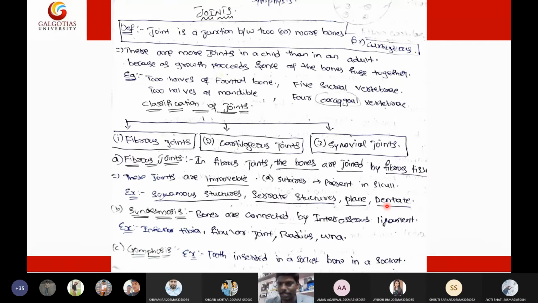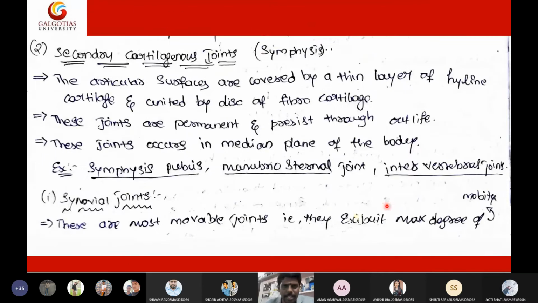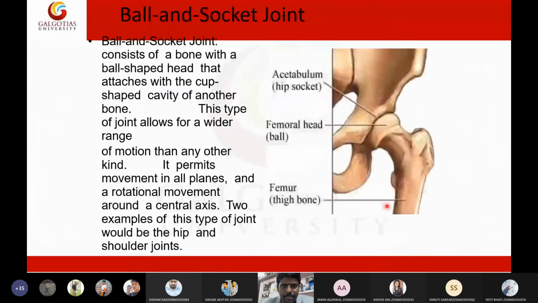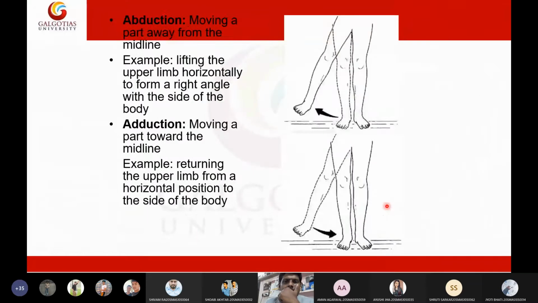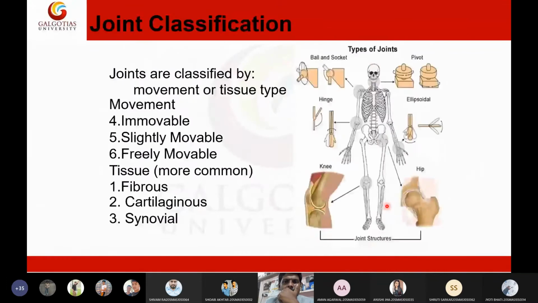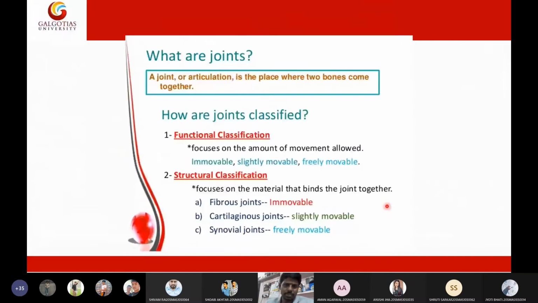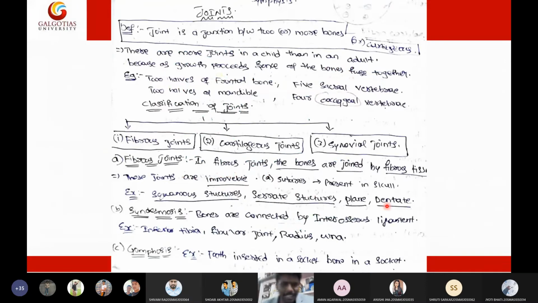If you want to know the pictures of this, I can show. I think I have kept images here itself. Okay, students, I will show this one later. I think I didn't keep the picture here. Simply, students, we have certain sutures in the skull and we have named them. That's it. We have squamous, serrate, plain, and dentate sutures. They are the sutures present in the various parts of the skull. I will show you the picture in tomorrow's lecture. I can't do the editing now.